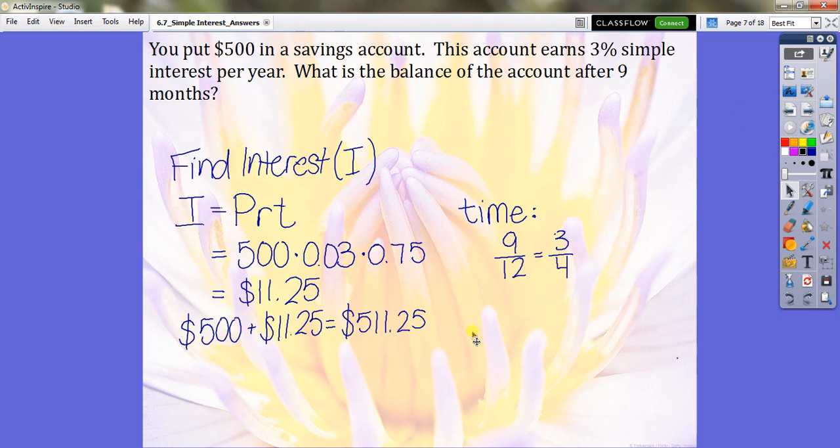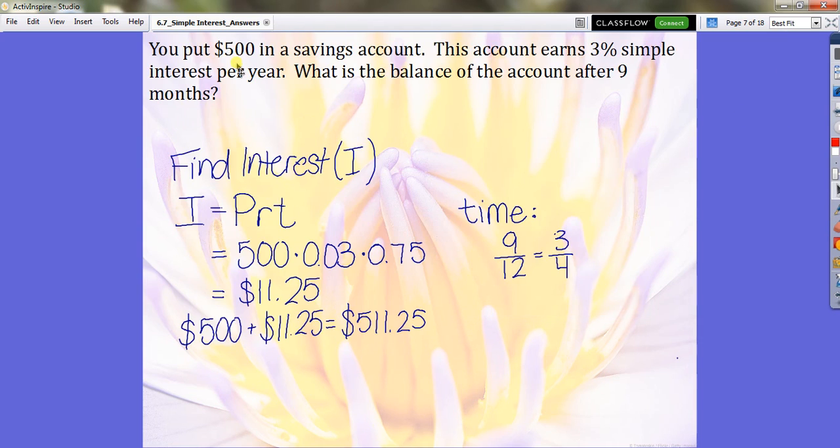So we did this example in class together. Same starting amount, same interest. This time the time has changed. It's now 9 months. So 500, 0.03 for principal and rate. Time, we talked about how it has to be put in years. It's 9 months right now, so it's going to be a number less than 1 because 9 months is less than 1 year. So you compare it to a full year, so 9 out of 12, which equals 3/4 or 0.75. You multiply and you get $11.25, which is the interest earned, which then helps you find the balance of $500 plus $11.25 for a total of